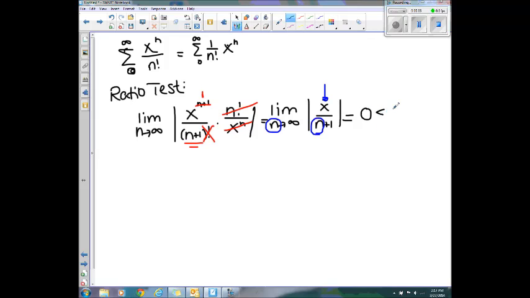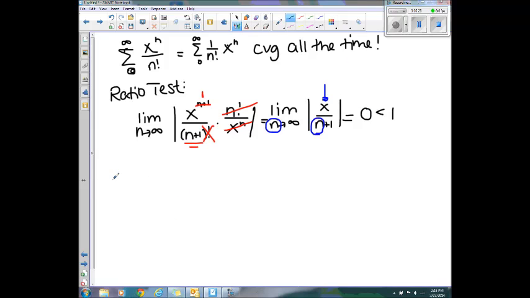Since we got something that's less than 1, that tells us this series converges, and it converges all the time. It doesn't depend on what x is. So regardless of x, because we got 0 here, which doesn't depend on x, I find out that